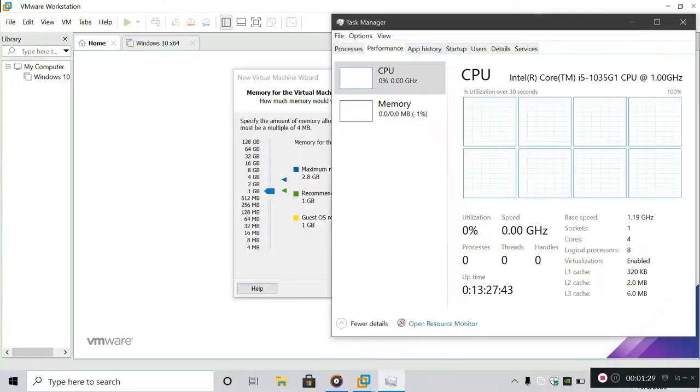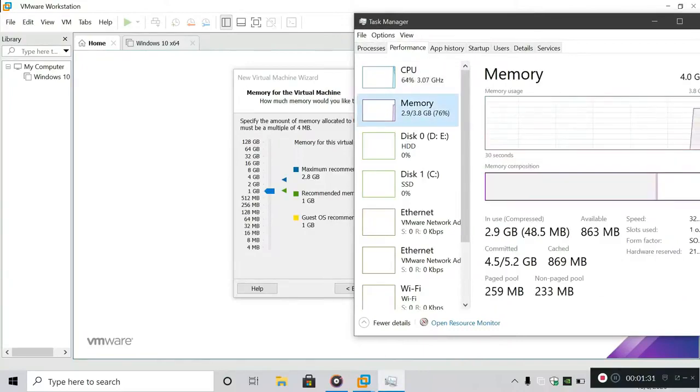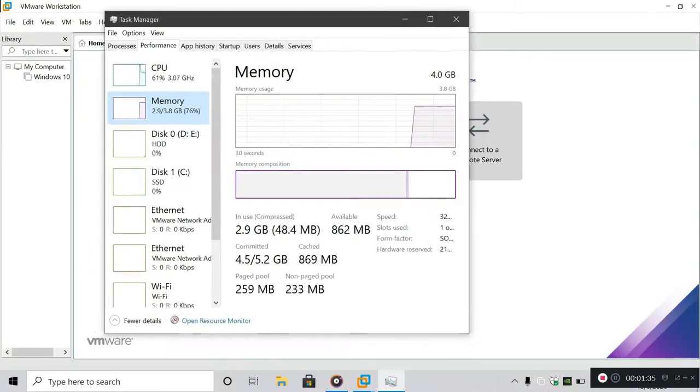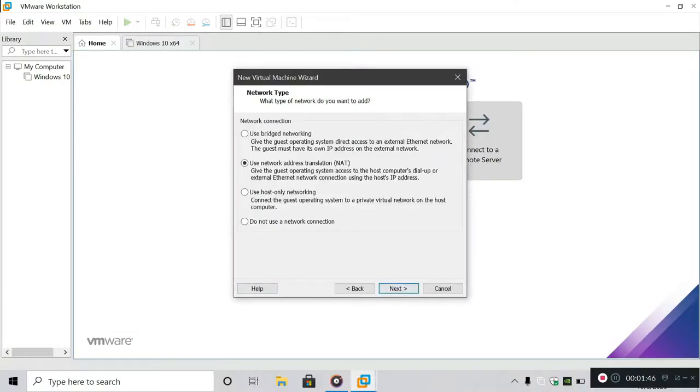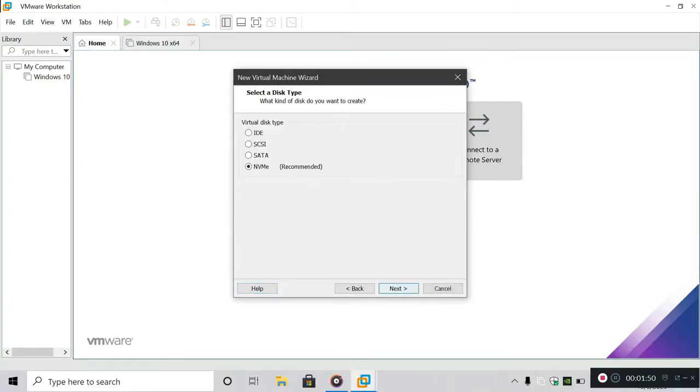Since I have only 4 GB of RAM, and you guys can see there is more than 70% RAM used by the host OS itself, so there is not enough RAM for the guest OS. So I am capable of assigning only 1 GB of RAM, which is not enough, and my virtual machine will run obviously slower. Then use network address translation as the network card adapter,